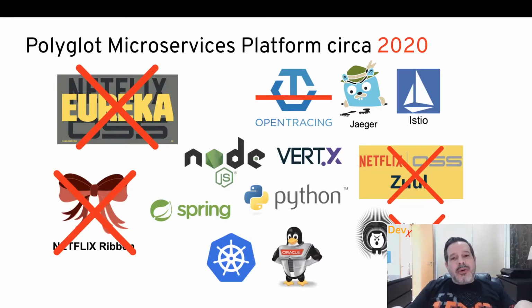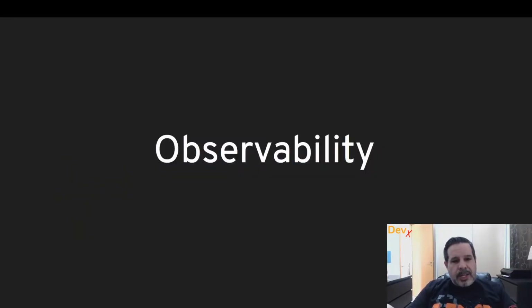So what we see now in 2020 is that we don't need the Netflix OSS anymore. We don't need Hystrix, Zuul, Ribbon, Eureka. We don't need to implement OpenTracing by hand because Jaeger is part of Istio, so no matter what language we are using, we are very well covered to just take care of the API itself. So let's see that working.